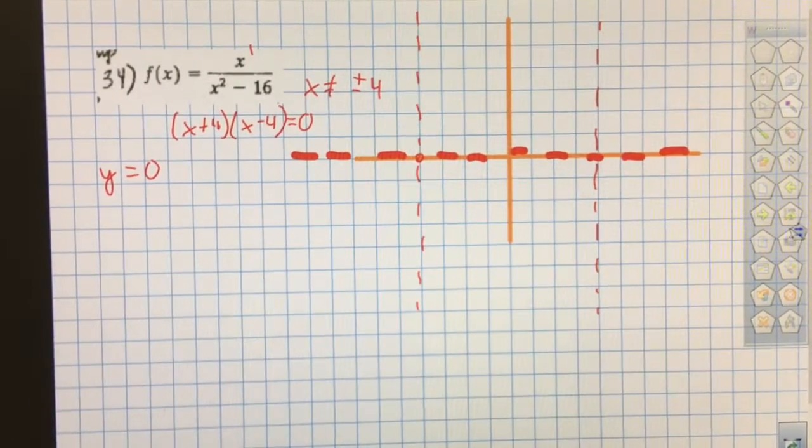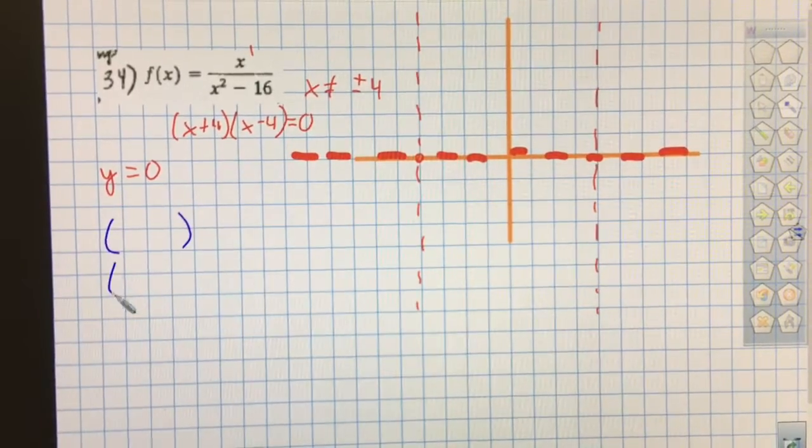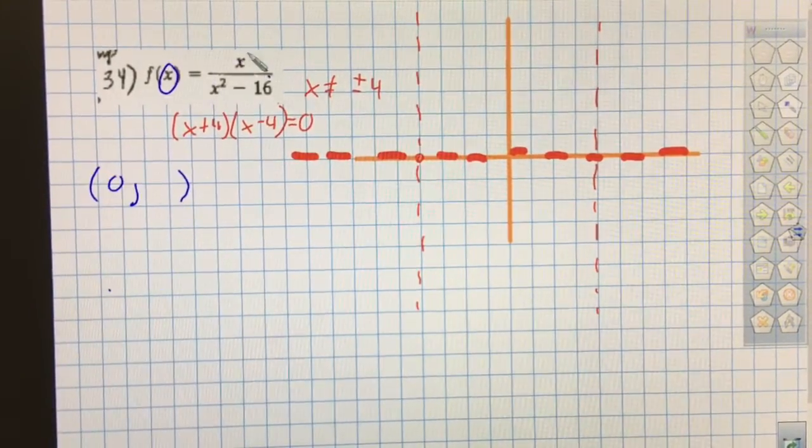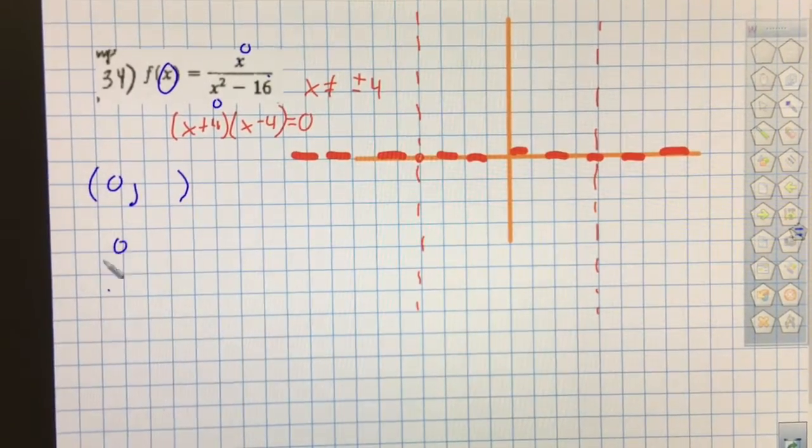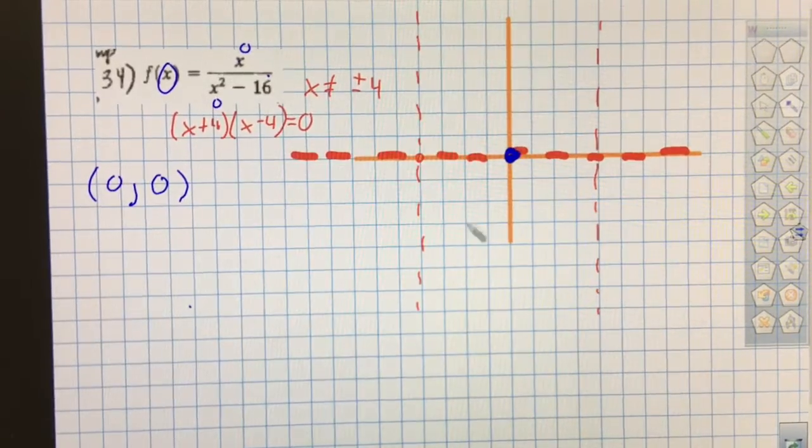This is kind of strange. I'm going to find the intercepts. So to find the intercepts, I do this little yin-yang thing, and I take the 0 and I plug it in for x. A bracket on infinity, only a parenthesis. And that's the domain. Number 35, same thing. What I'd like to do first is